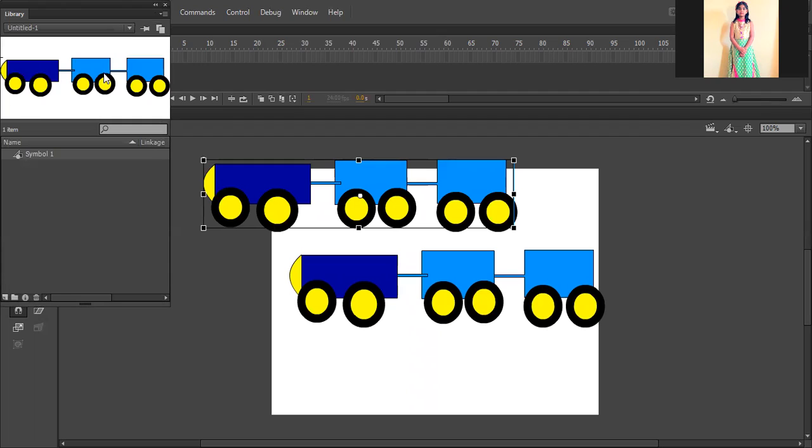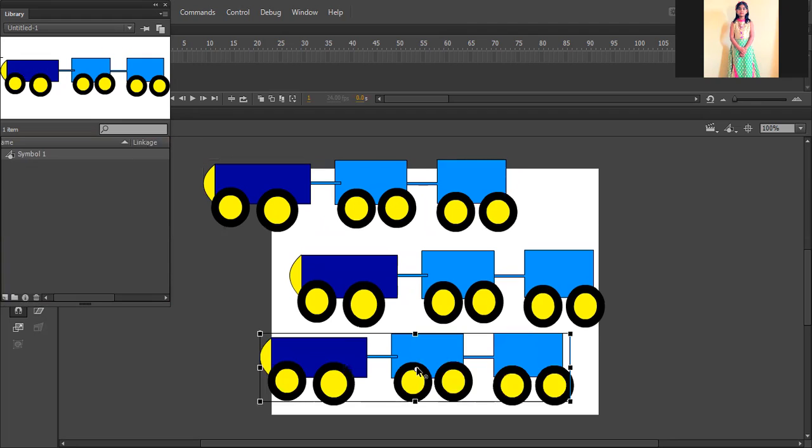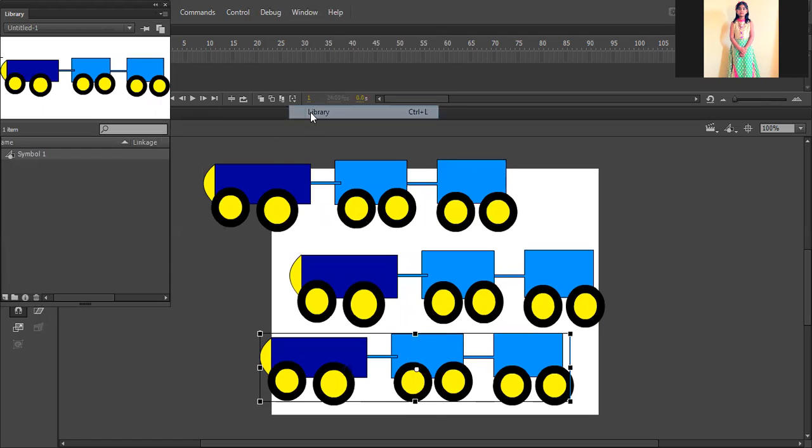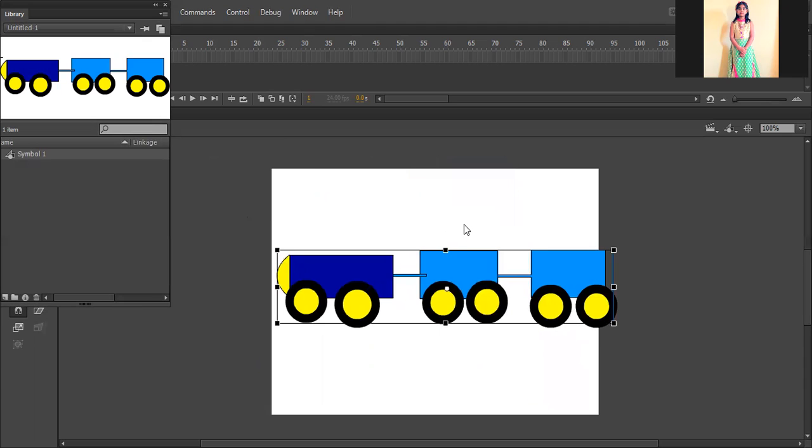The original one will be saved in the library. What you drag is called an instance. Instance means a copy of it. A copy of it you can get from the library. If you want to see the library, go to Window and click Library, then it will appear automatically. Then you can click any object on your screen. In this way you can convert to a symbol, children. Let me say it one more time.